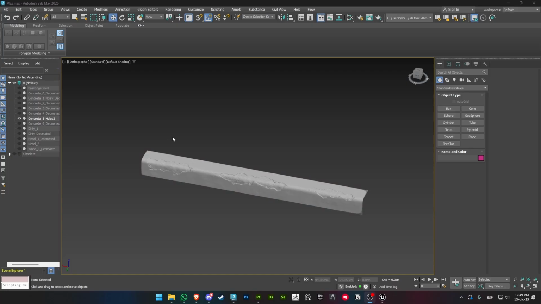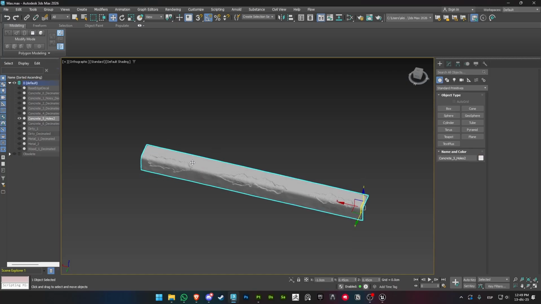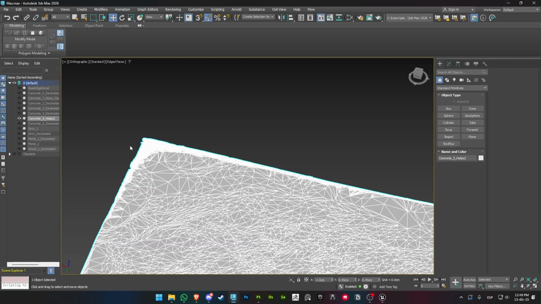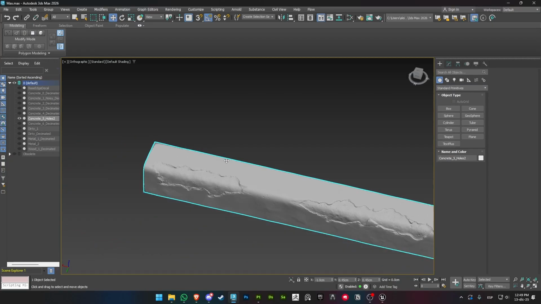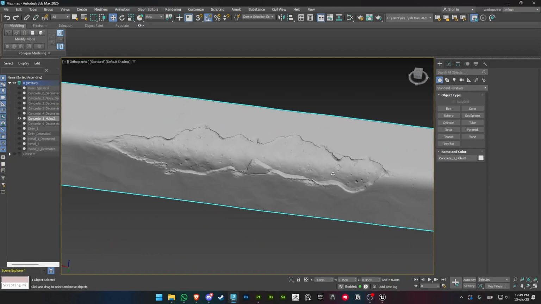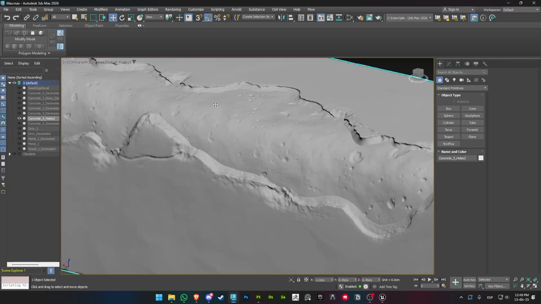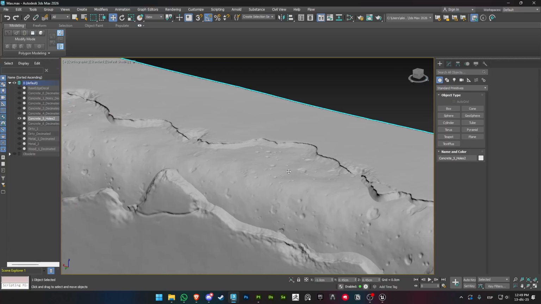One was the fact that when remeshing and dividing meshes in ZBrush, they can sometimes shrink or create artifacts like we can see here on the edges. What I had to do in this case, since the detail also has a bit of an inset part, like in this case where it shows some plaster being built and the concrete underneath,